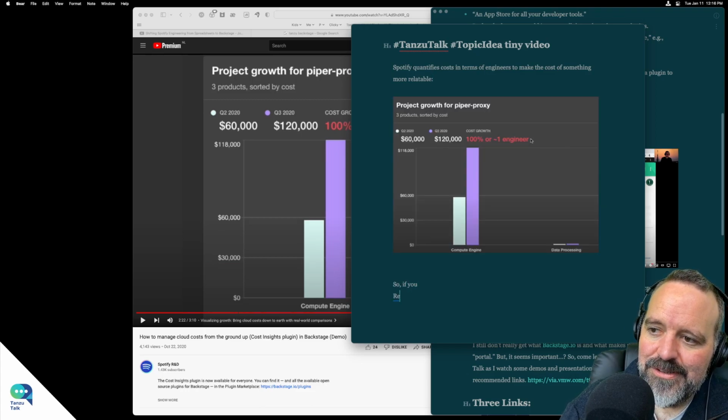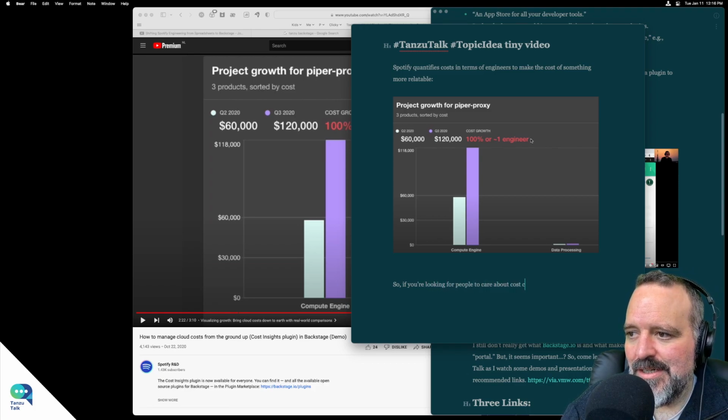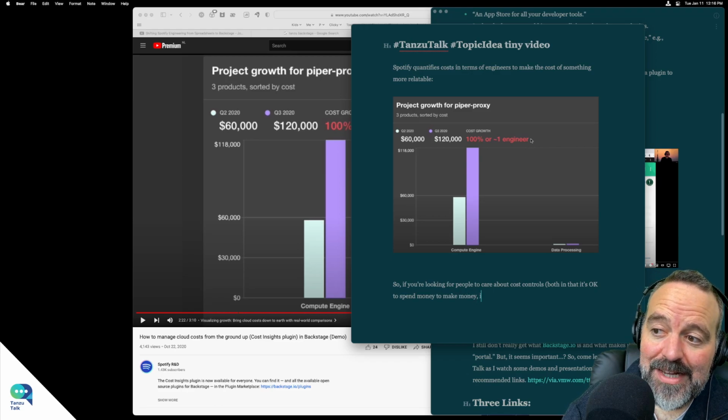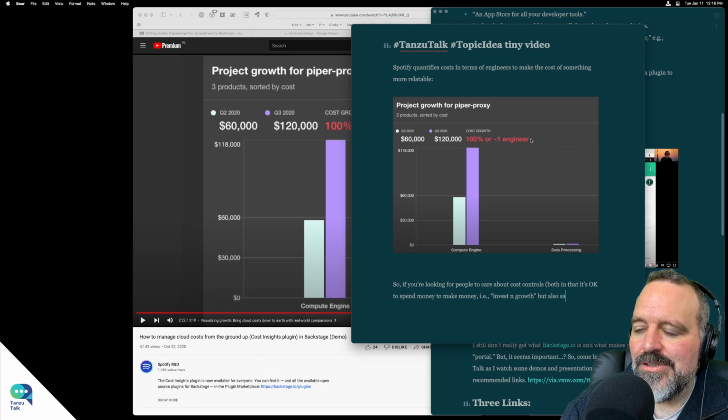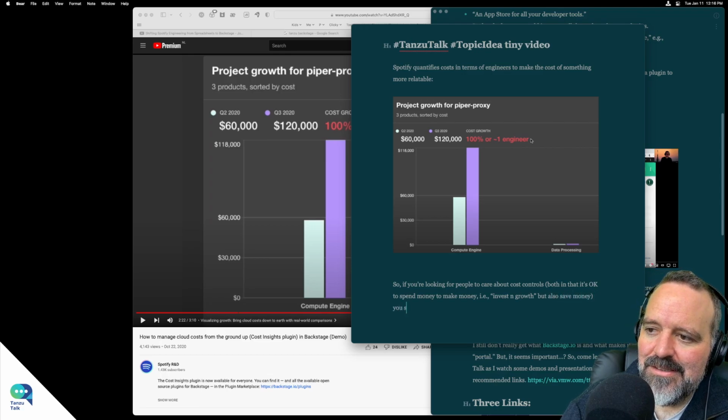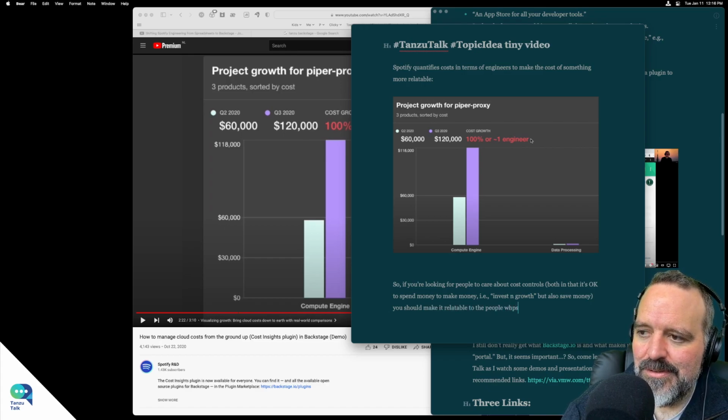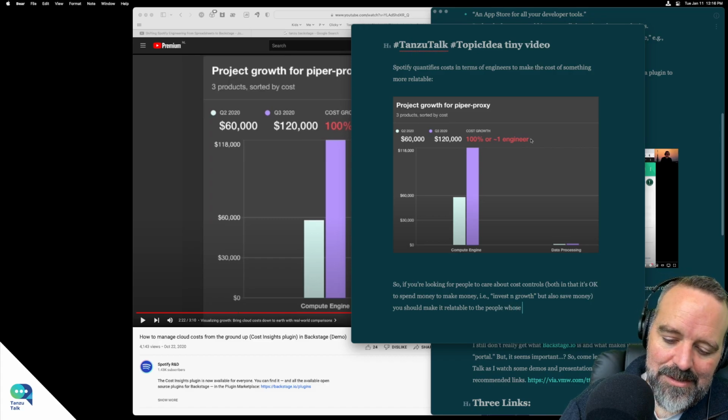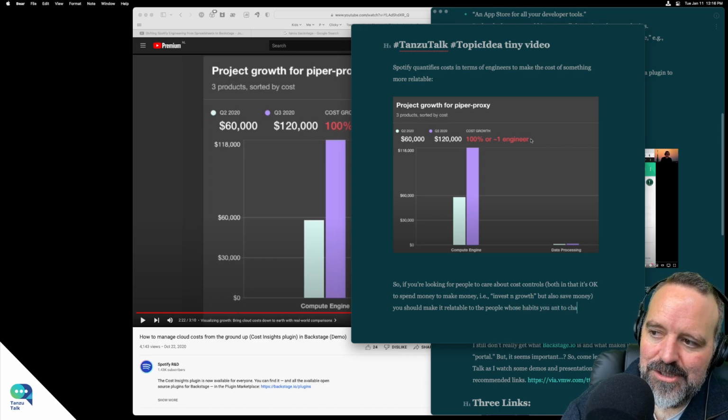So if you're looking for people to care about cost controls, both in that it's okay to spend money to make money, they call that invest in growth, but also save money, you should make it relatable to the people whose habits you want to change.